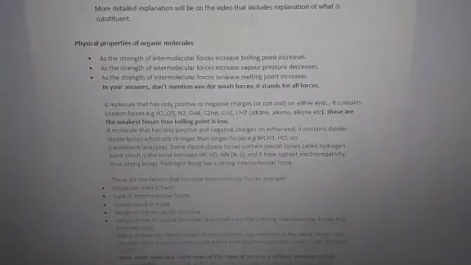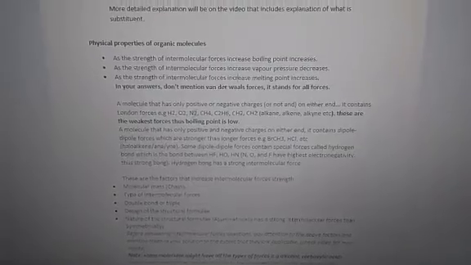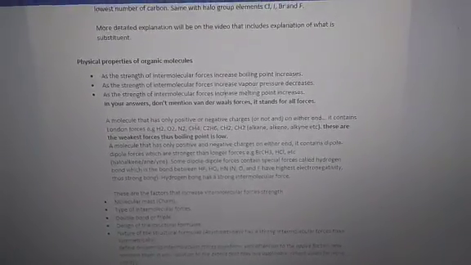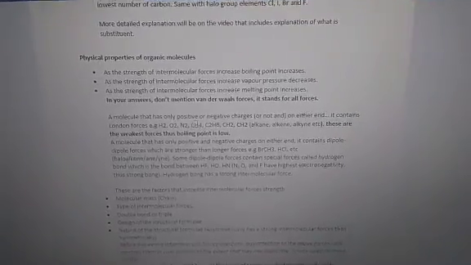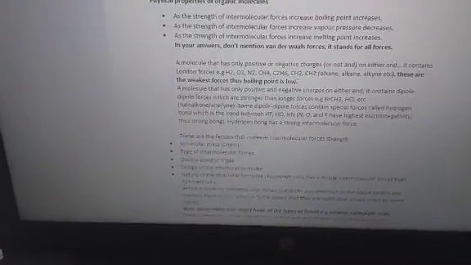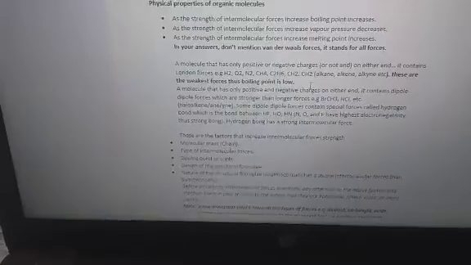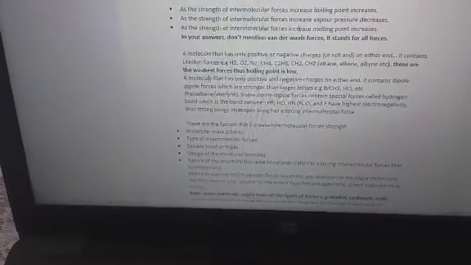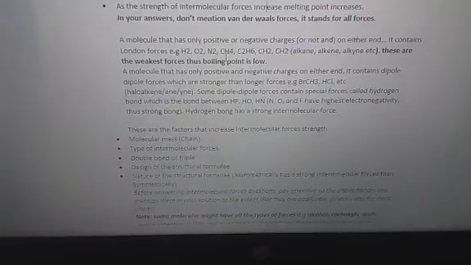Even for carbon dioxide, it's going to be positive, negative, positive, because the carbon will be surrounded by oxygen, and so on and so on. Maybe I will illustrate those in a short while. These are the weakest forces, meaning the boiling point on those is also the weakest.